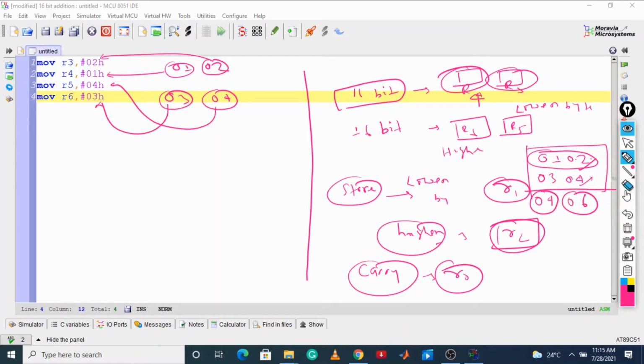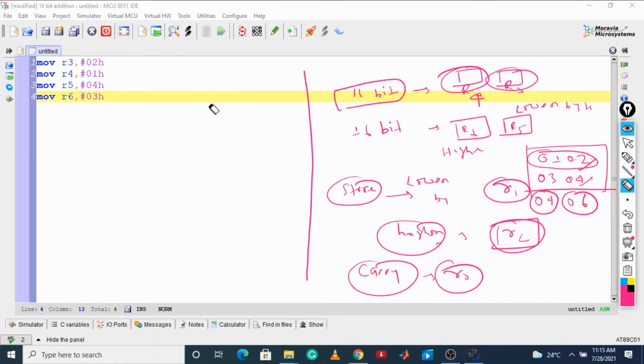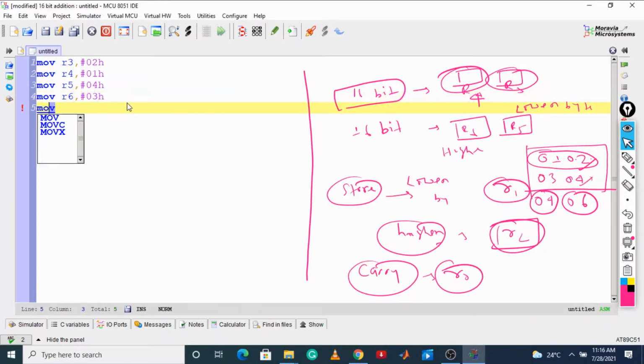Now let me erase this. This is how we have done till now. We have just stored the numbers. Now we are going to move R2 comma hash with 0h.